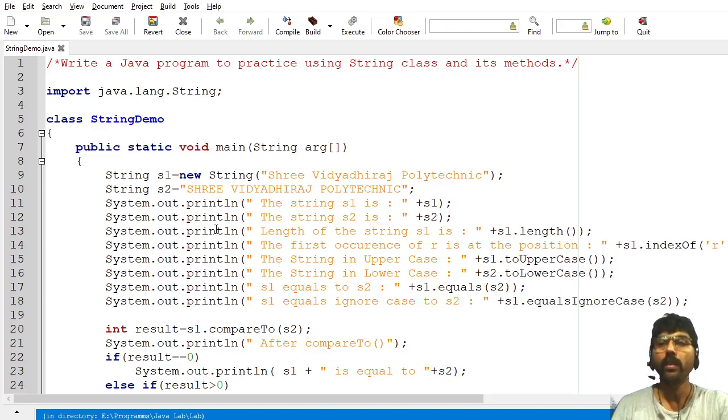Now, the Java lab experiment number 7. Write a Java program. Practice using string class and its methods. In Java, there is one special data type called a string available. In C programming, there is no string